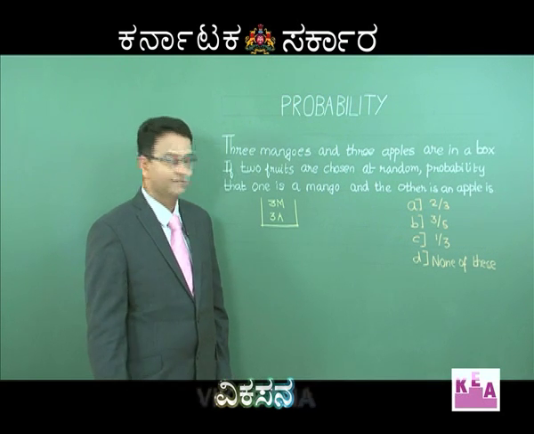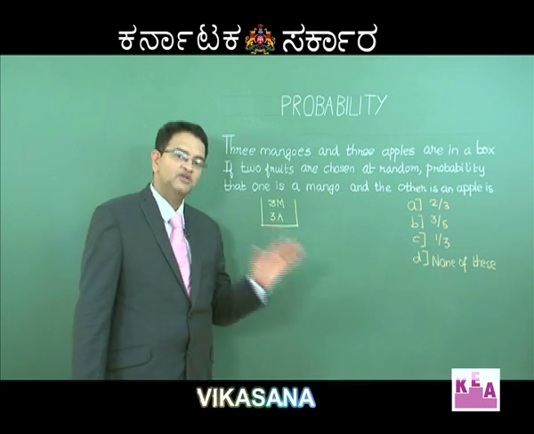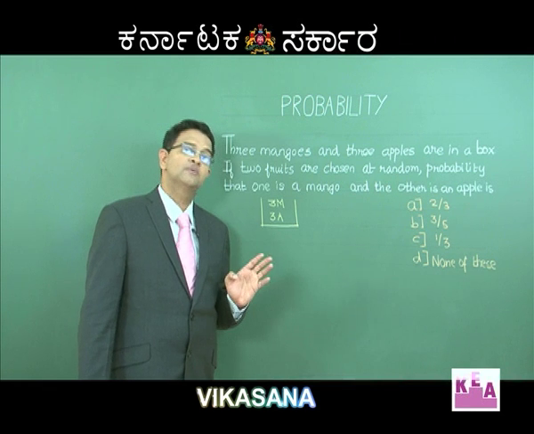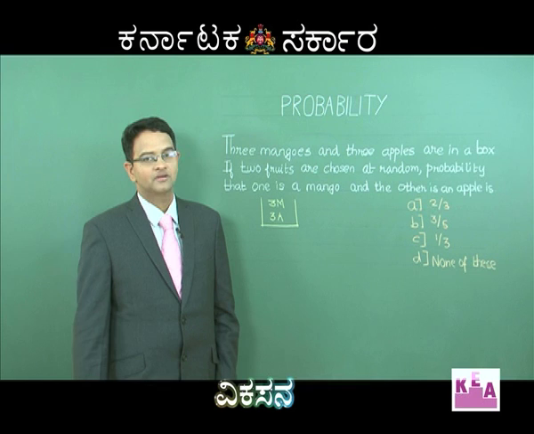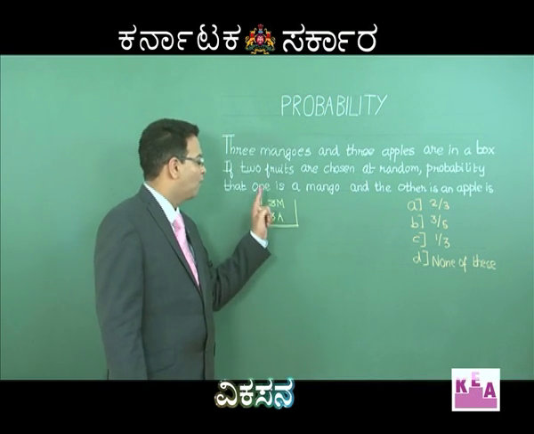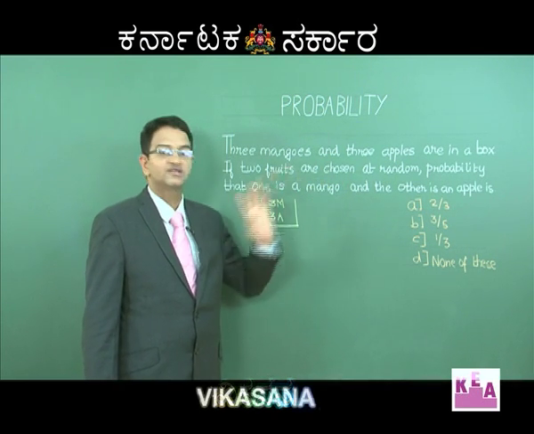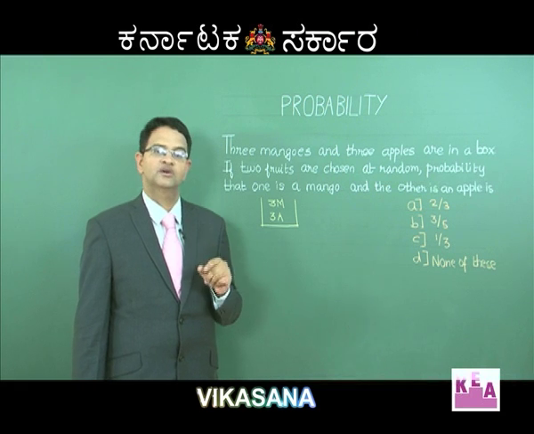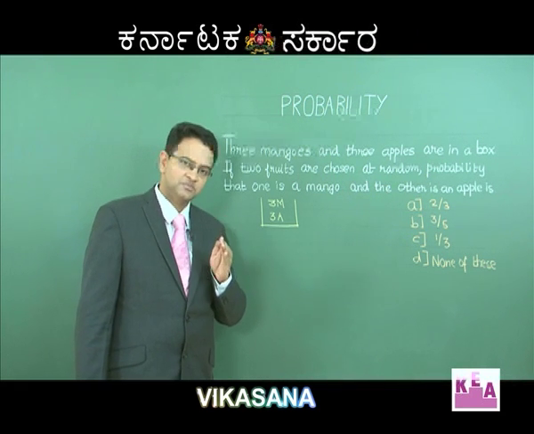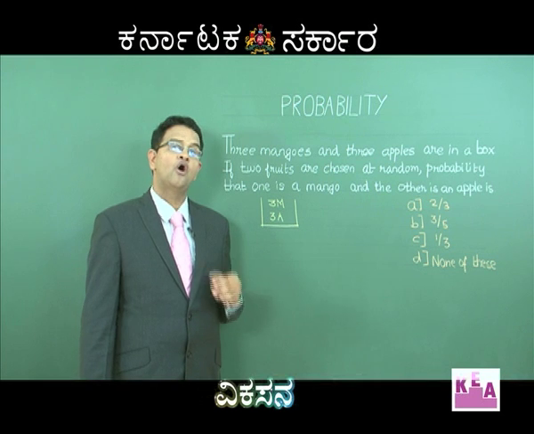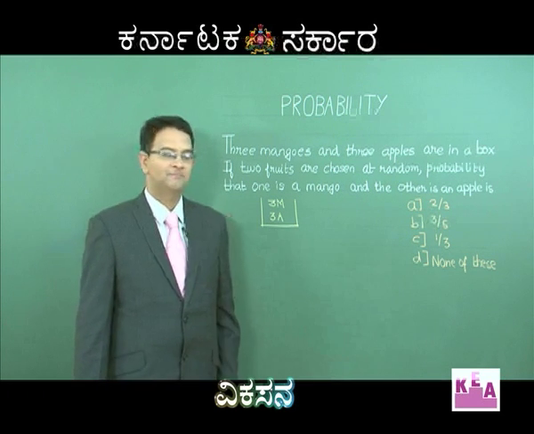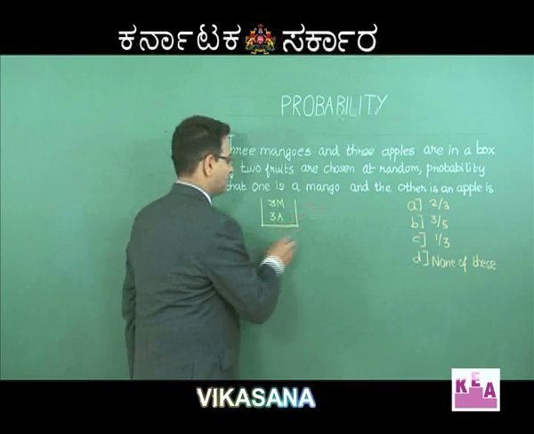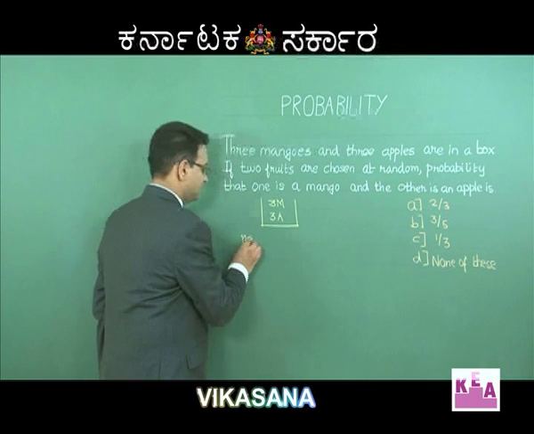But we must understand that there is nothing mentioned about the first is mango, second is apple. Have they mentioned something like that? No. It is only mentioned that one of them is mango and the other is apple. So there are 2 possibilities. First possibility is first is mango, second is apple, or first is apple, second is mango. Now let us understand the required probability. So the required probability would be